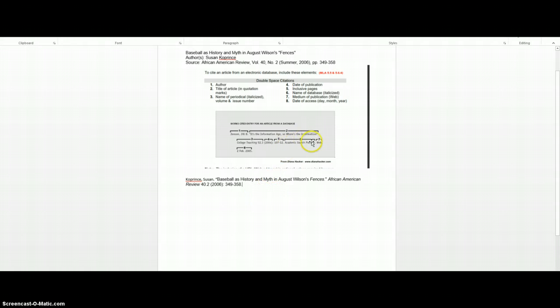And then you have to put in the name of the database where you got it from in italics. It's not listed here, but we know this came from JSTOR. So I'm just going to italicize and type in JSTOR. Then there's a period. See, there's a period here, so we want to do the same thing here. We got this from the web, okay? Press a period, and then you have to put the date you accessed it. Notice that it's got the day, the month, and then the year. So today is the 15th or the 14th of October, and I'm going to abbreviate October OCT, just like they did in the example citation that I gave you, and I'm going to put the year. Okay, and that is